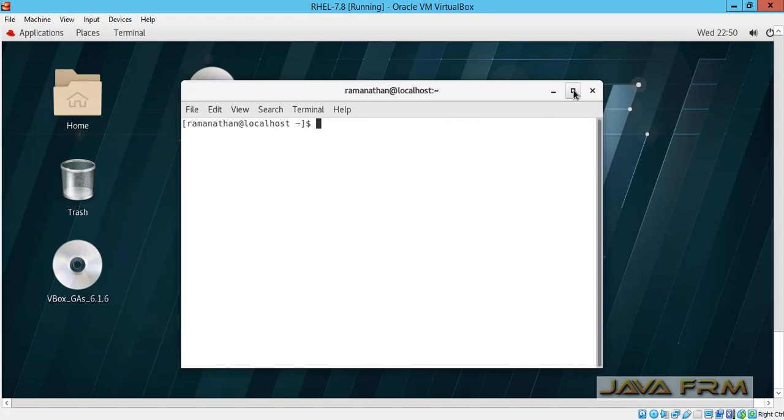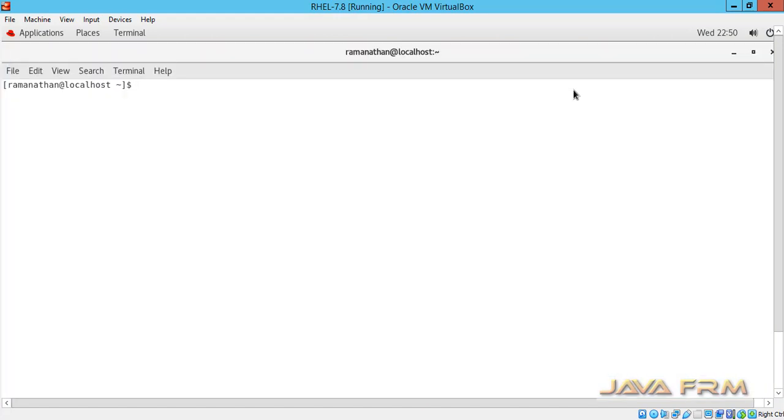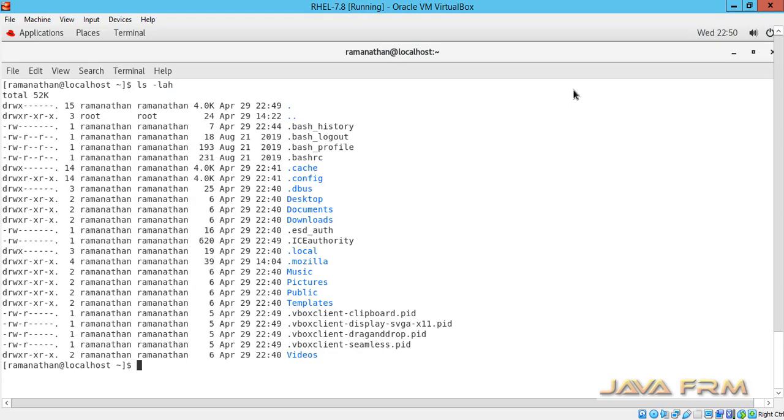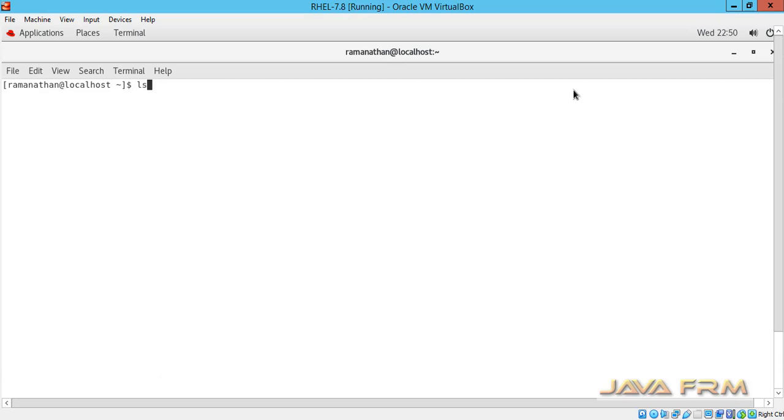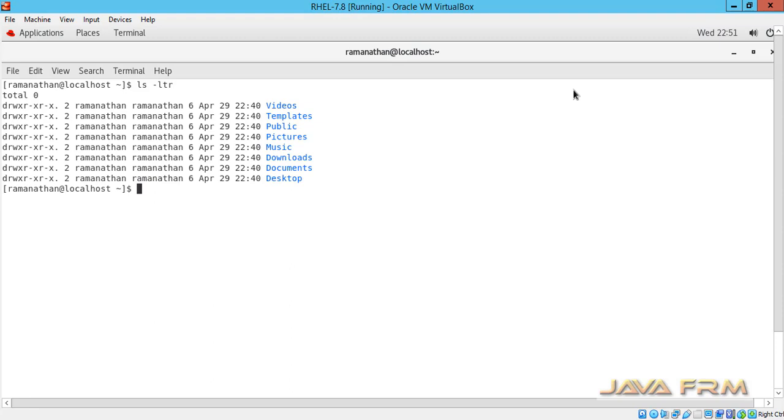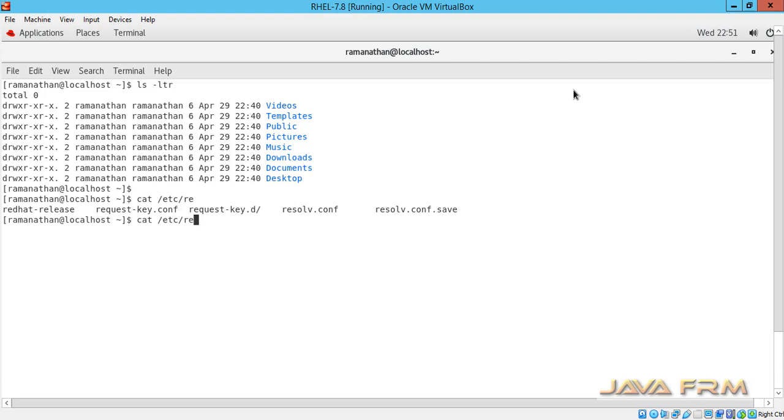Now what I'm going to do is open the terminal and type some commands in it. After typing, I'm going to copy and paste the output of these commands to the Windows host machine. So from Red Hat Linux to Windows, I'm going to copy this terminal output.